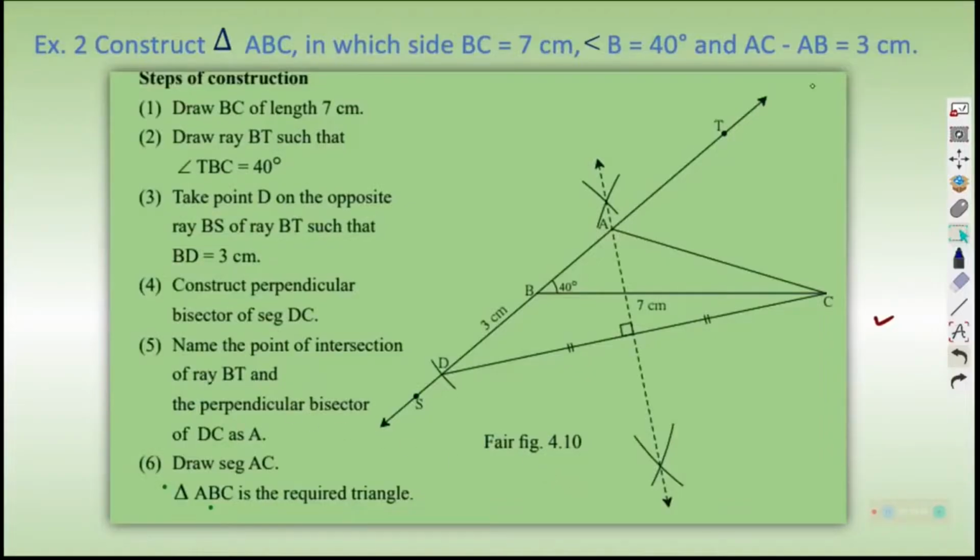No hurry. There is one more construction which I will not be doing, just directly explaining you. It is when here in this case AB minus AC was given, but if it is AC minus AB, then what will we do? That is the difference. Very important difference. AB minus AC has become AC minus AB, so first step is same, second step is same, in the third step you have to take 3 centimeter on the opposite side, because you have to make AB smaller. See, in this direction you measure 3 centimeter from B, that is the difference. We measured upward earlier; now extend AB on the opposite side downward and mark 3 centimeter there.